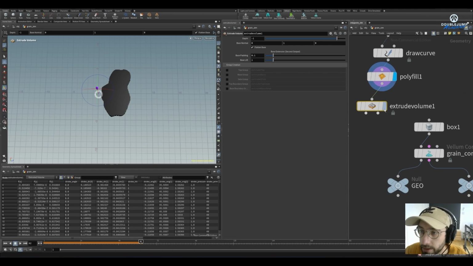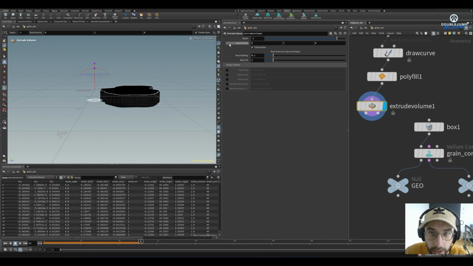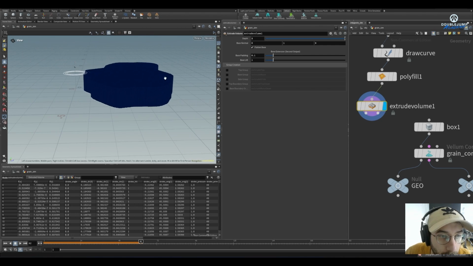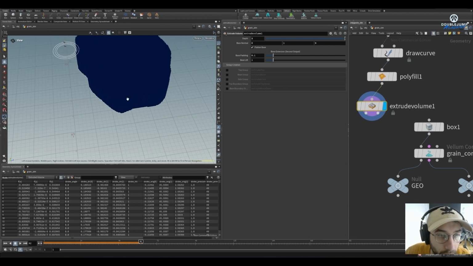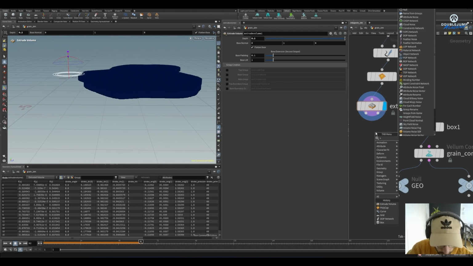That is going to extrude our shape, but the default behavior is to extrude down. We want to extrude up. So instead of having a depth of -1, let's have a depth of 1. All right. Yeah, the normals are a bit funky, but we don't really care about normals. So 1 meter of ice is a bit much. So let's say 0.2, and let's drop a normal